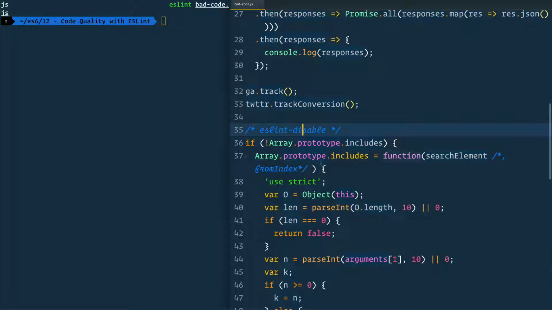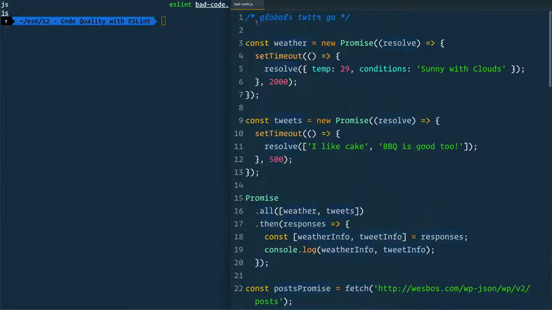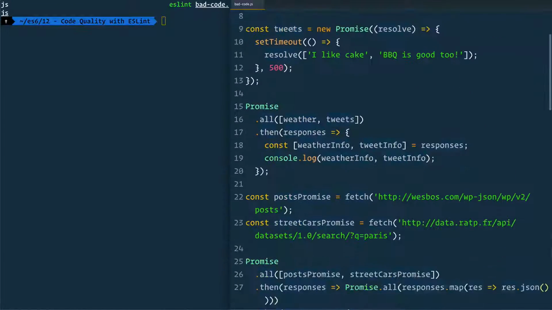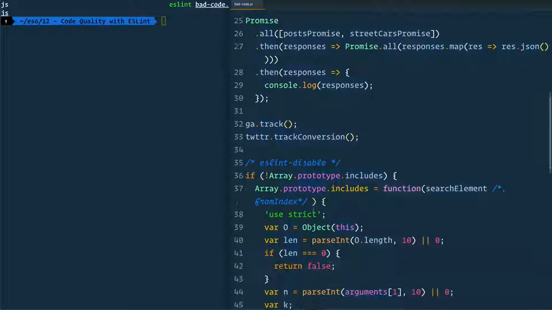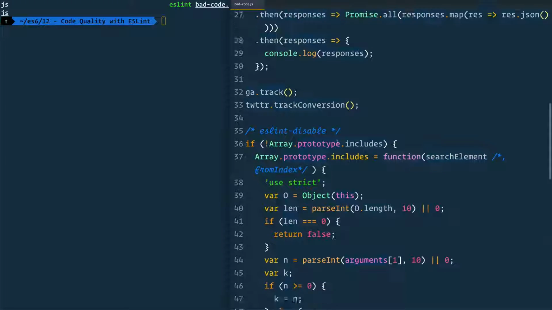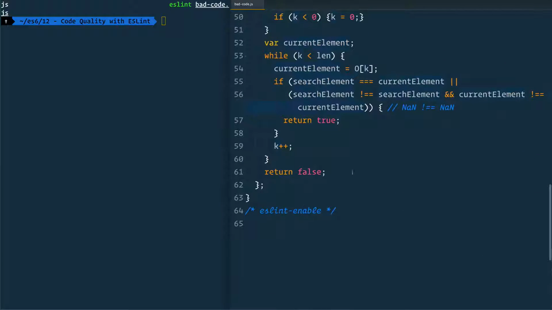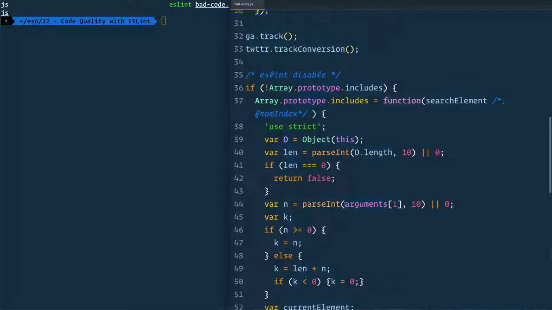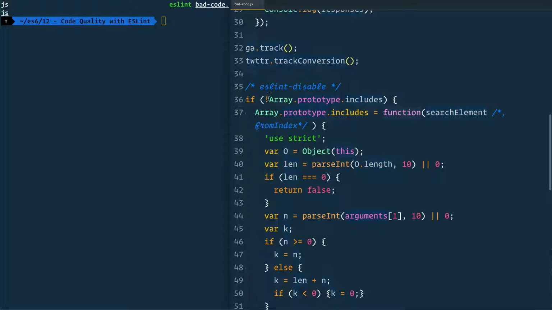So it's really helpful to be able to ignore either on a file, which we generally put at the top, or line by line, which we disable and then re-enable again. And then finally, if you would like to just disable an entire block, you could do that as well. It works the other way around. If you have an ESLint rule which you have disabled by default, you can enable it for a couple of lines, if you'd like that specific rule to kick in only for a bit of